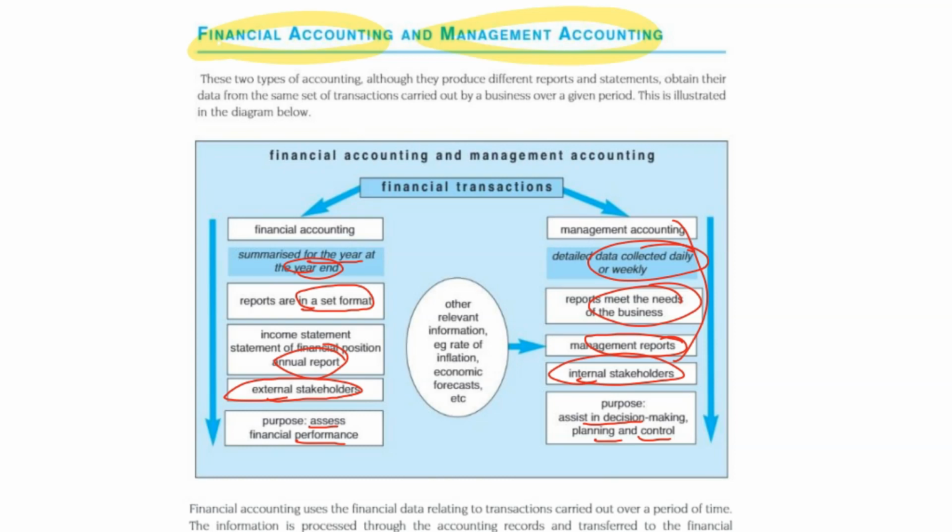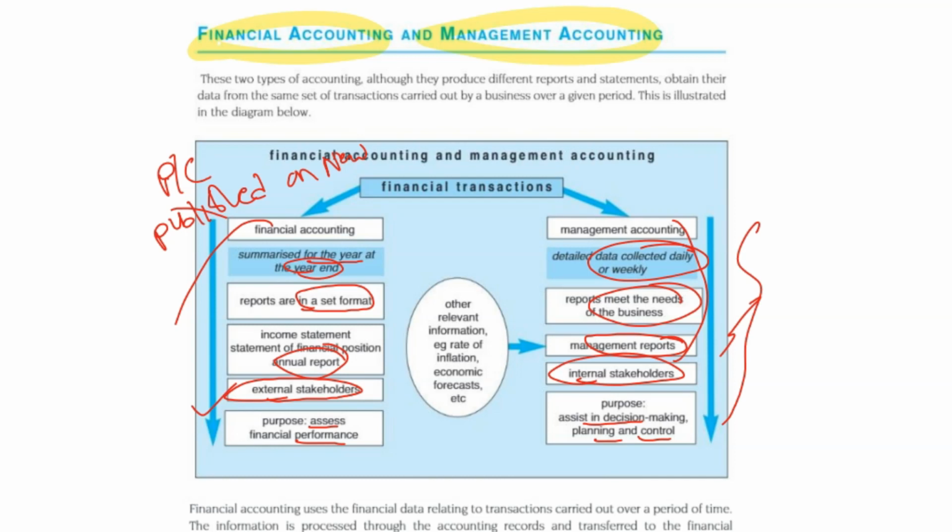Also, in financial accounting, there are some IFRS you need to follow, and if it's a public limited company, PLC, it needs to be published in a national newspaper, or at least two places, like a website or newspaper, such as Financial Express. In management accounting, you don't need to publish anything. And there is a set time to publish your statements. If you cross the deadline, there could be a fine. There is nothing as such in management accounting.